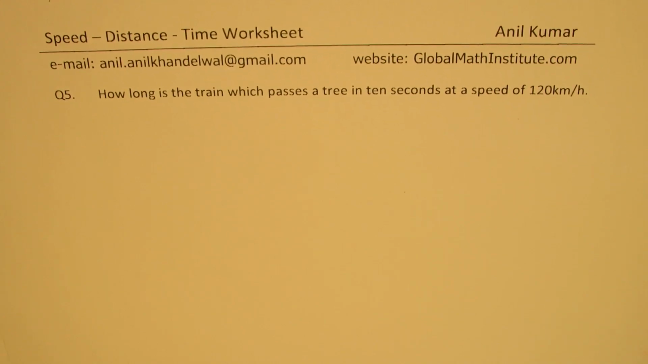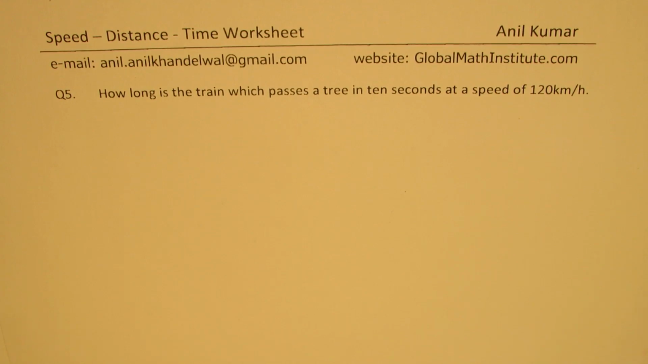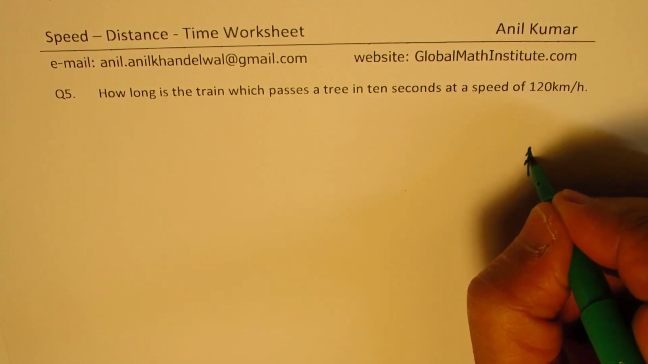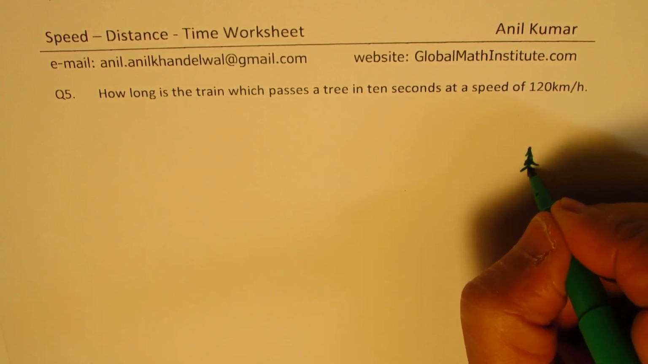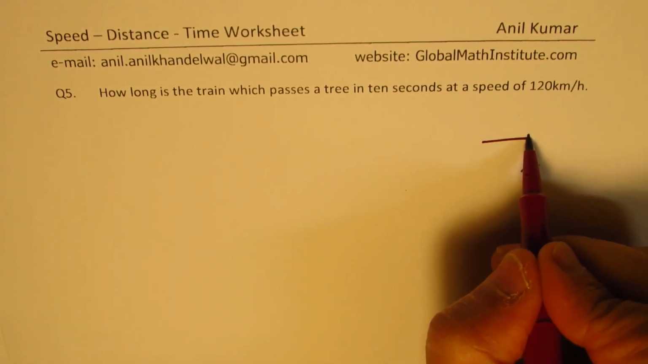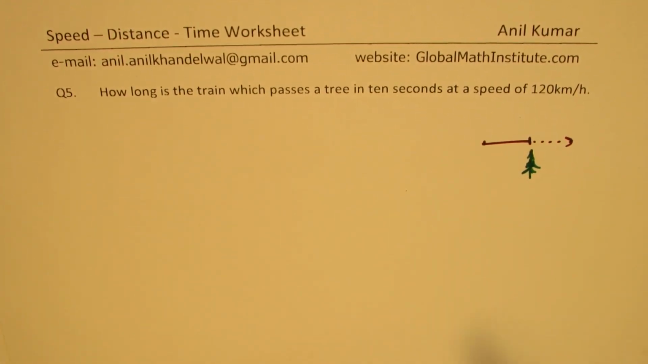The last question here is question number 5. How long is the train which passes a tree in 10 seconds at a speed of 120 kilometers per hour? Well, this is a very interesting question. So what we have here is, let's say there's a tree here, right? And the train passes. So let's say train approaches, right? And the whole length moves away. So that means